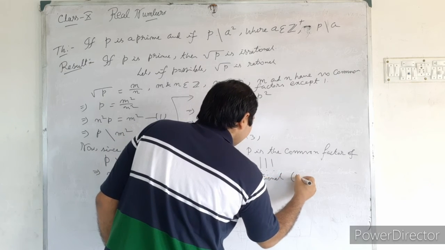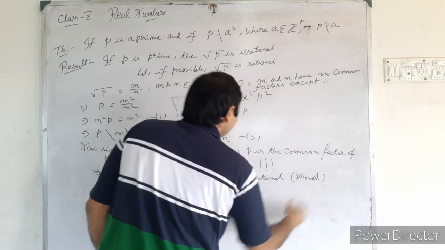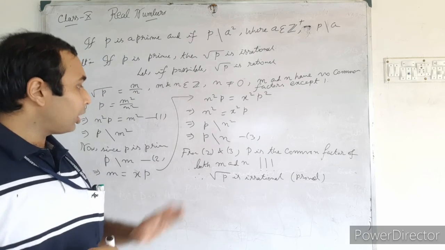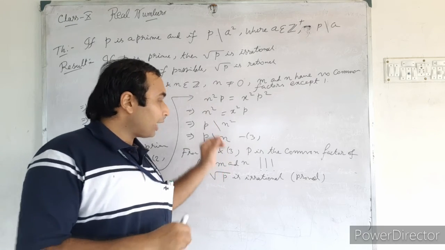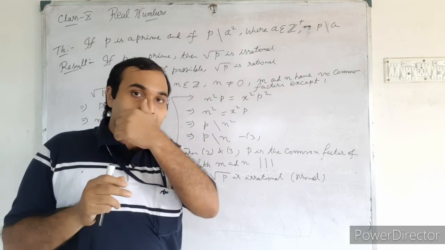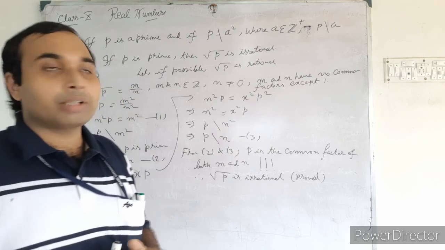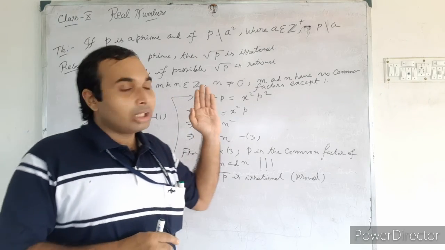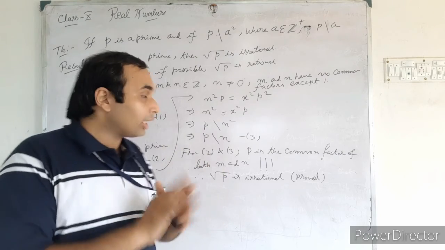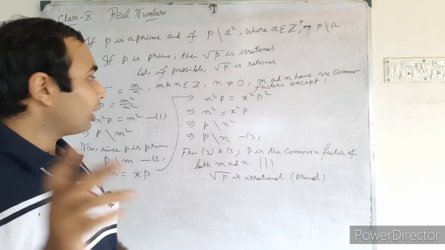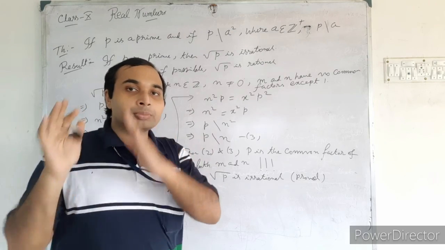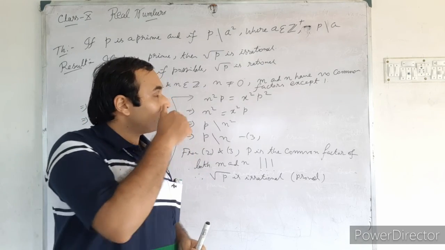So this is our proof. Students, I think you have got this proof. Actually this is the generalized proof. In 2018 and 2019 the proof that root 2 is irrational was there. Another time I have seen root 3 is irrational, root 5 is irrational. Another time 2 root 3, 2 root 5 are irrational. You have to prove those, so we will do those in the next video.